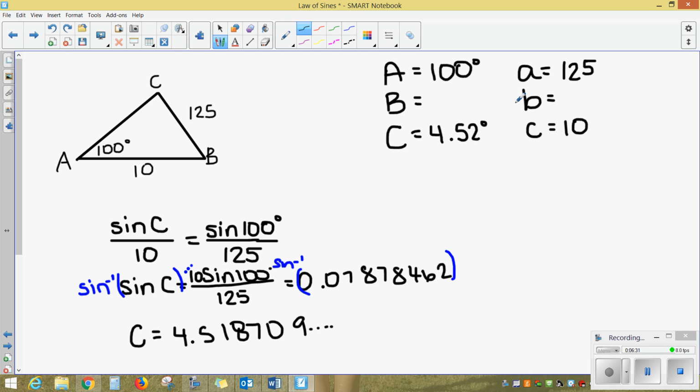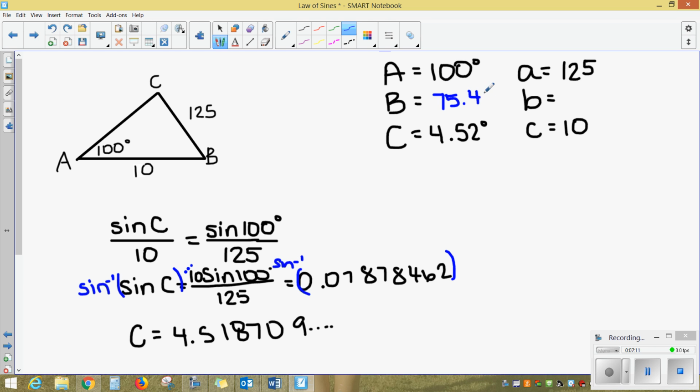Now, once I know 2 of the angles, I can find the third. I can't use the law of sines yet if I wanted to find B, little b or big B, because I can't push buttons and say something about one thing and something to the other. We have to be able to find one of the B's using another method, and we wouldn't be able to use the law of sines to do that. So because we know 2 of those 3 angles, we can subtract their sum from 180 to see that angle B is going to be